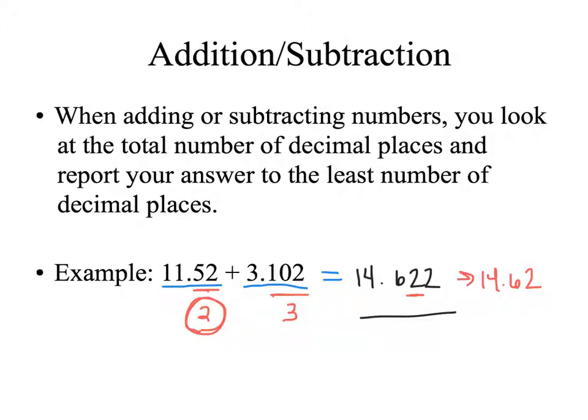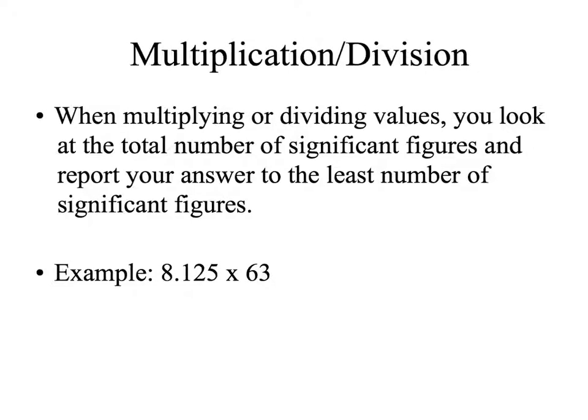So with adding and subtracting, you are going to report your final answer to the number of decimal places that are present in the value that has the least number of decimal places. With multiplication and division, you're going to look at the total number of significant figures and report your answer to the number of significant figures that are present in the value with the least number. So in this case, we take 8.125 and we multiply that by 63. And when you do that, the number you get on the calculator would spit out